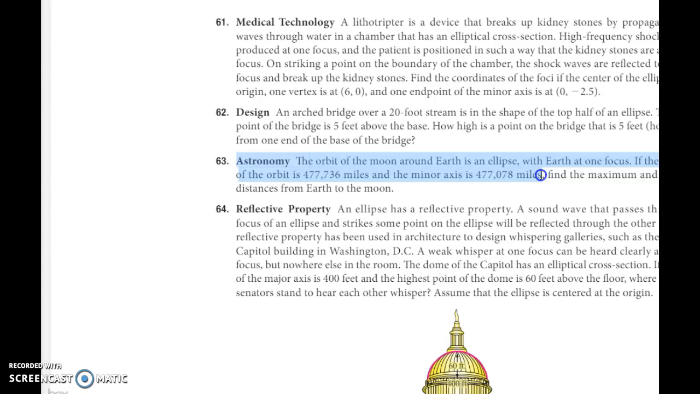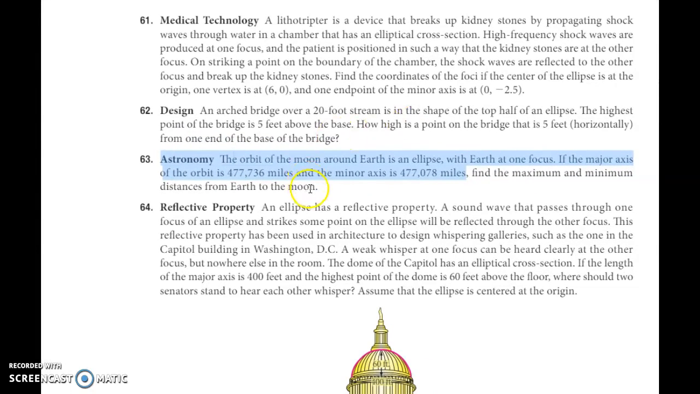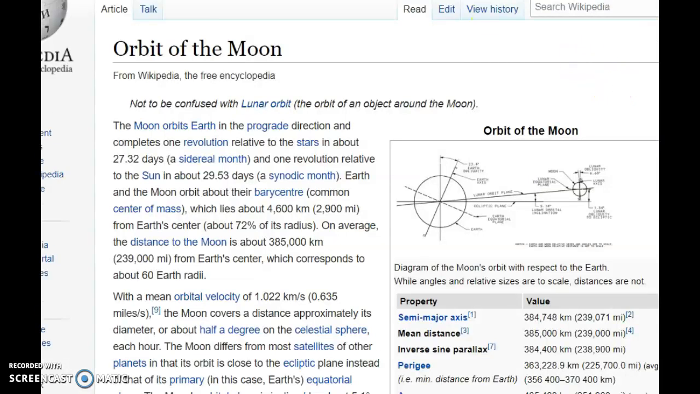These numbers for the major axis and minor axis are so close to each other. There's barely a difference, just a difference of 700 miles over a total of 477,000 miles. And so I looked it up, and this one here is on Wikipedia, the orbit of the moon,